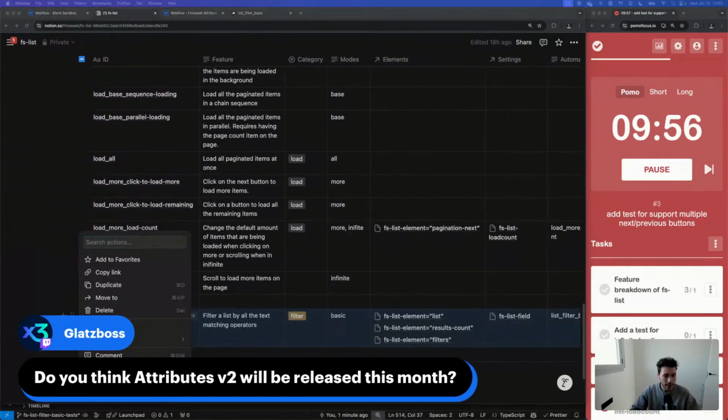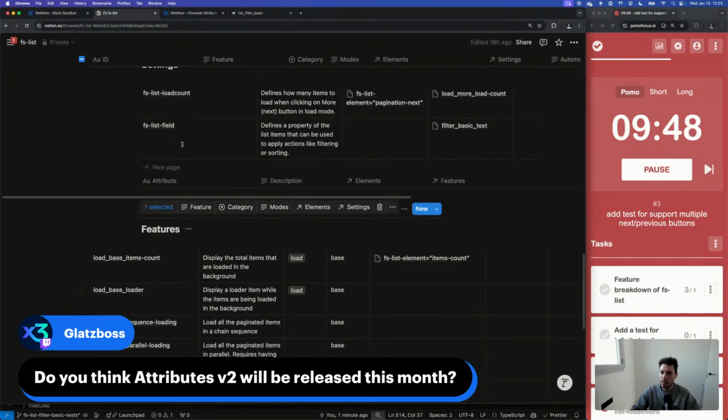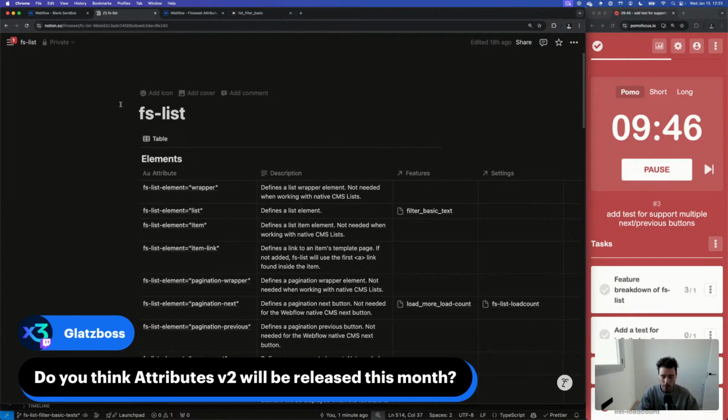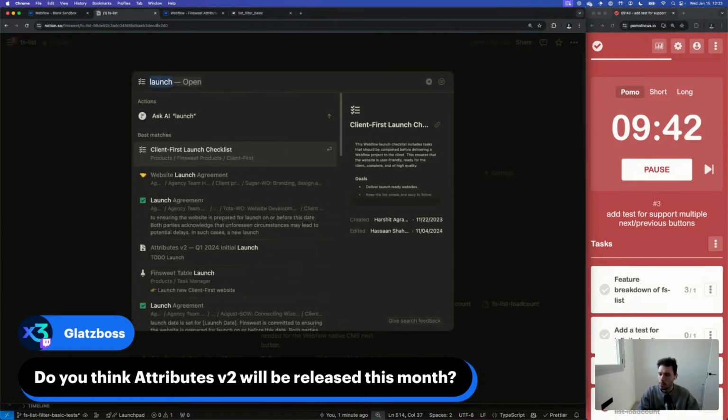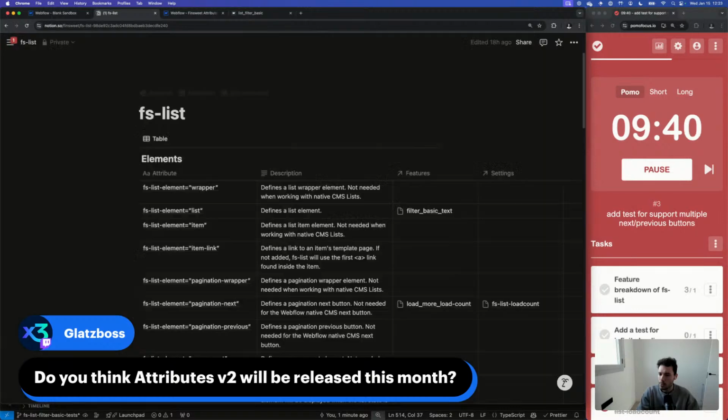I can give you the exact date where we are targeting to release attributes, and it's at the end of February. I think that it's, hold on, let me see. How can I remember the date? It's either mid-February or end of February. One of the two.